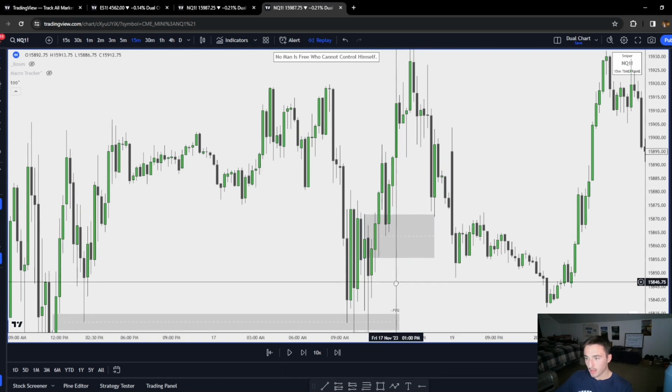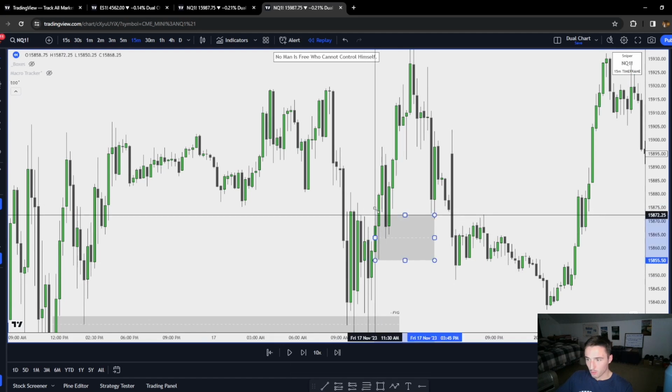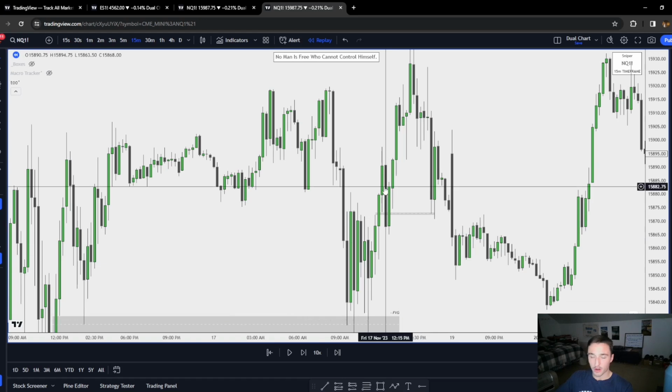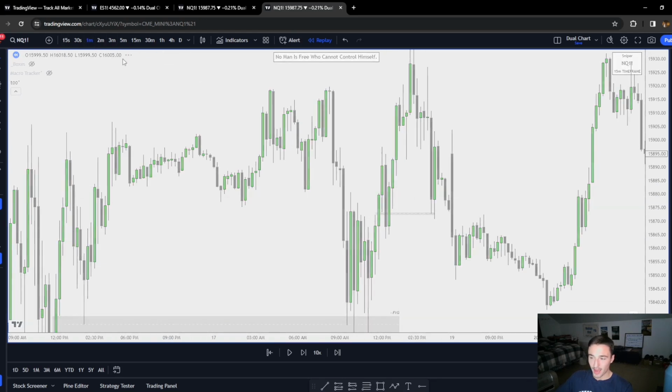Right here, as well as this 15-minute fair value gap. So we'll mark out the fair value gap since it is smaller, but both of these are going to turn into market maker buy models. So heading down to the 1 minute,